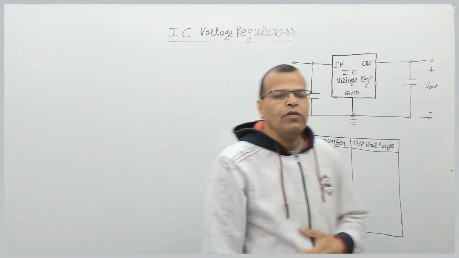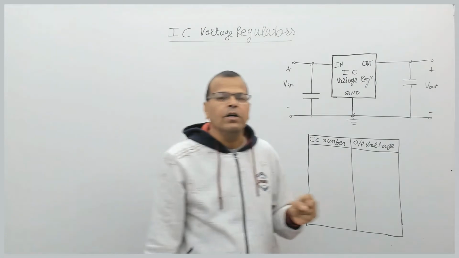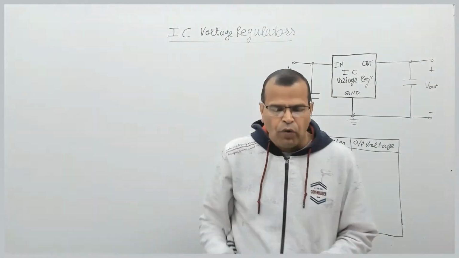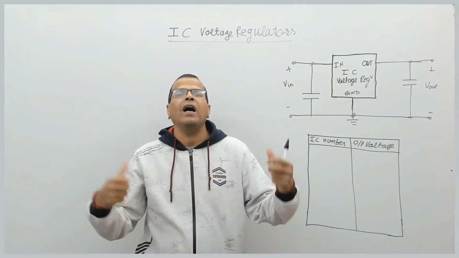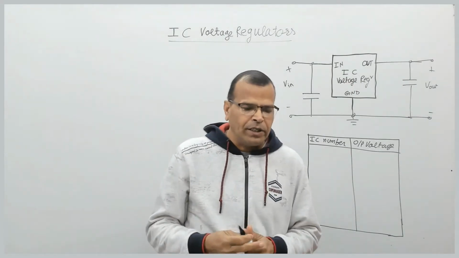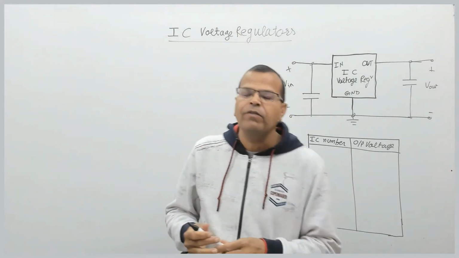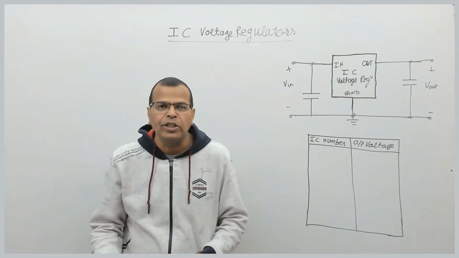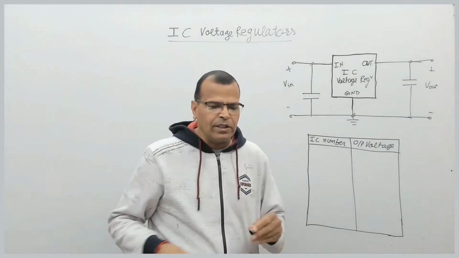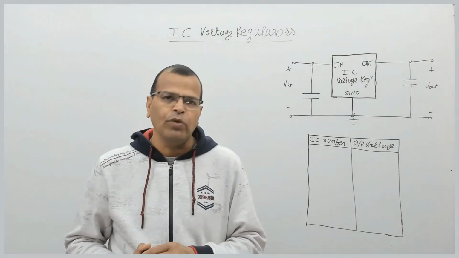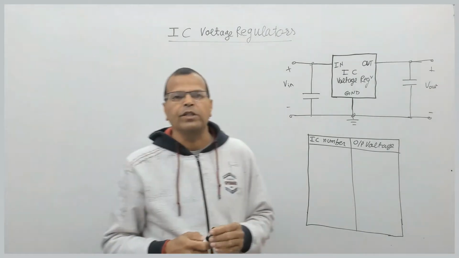The advantages of IC voltage regulators are basically these: they are inexpensive, their cost is comparatively less. We have the possibility to control the output current. We have the possibility to increase or change the output voltage. Then we have internal short circuit protection. We have thermal shutdown in these types of circuits and floating operation for high voltages. These are some of the points related to IC voltage regulators. Fine.